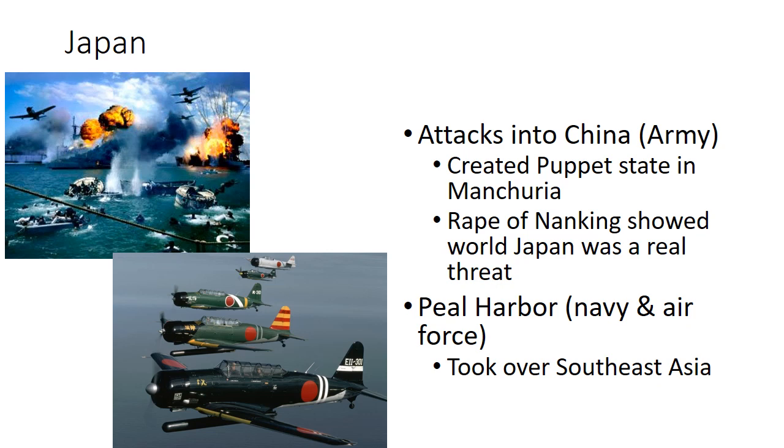And then Japan got lots of victories in the Pacific. It launched a surprise attack on the U.S. naval base at Pearl Harbor in Hawaii on December 7th, 1941, destroying much of the U.S. Pacific Fleet. Japan then seized the Philippines, the Dutch East Indies, British Malaya, Burma, and numerous Pacific islands. Japan believed that the surprise attack and the damage to the U.S. Pacific Fleet would prompt the United States to negotiate a settlement favorable to Japan immediately.